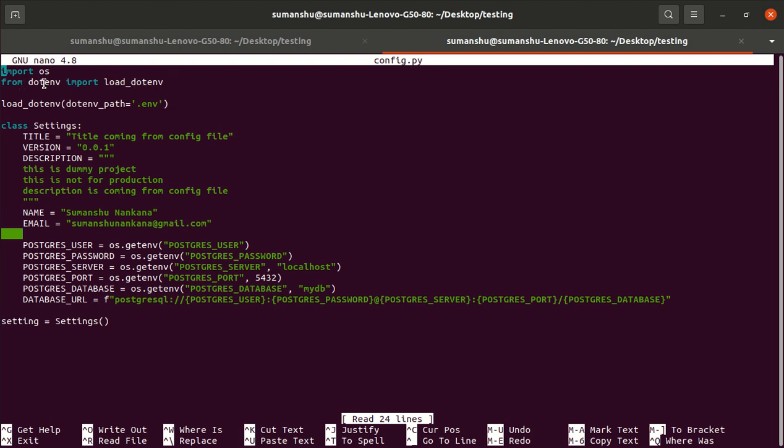By looking at the name itself, you can see it will read the .env file. So we are just loading the .env file and giving the path where the file is located. Once this gets loaded, we can easily access the system variables, right?